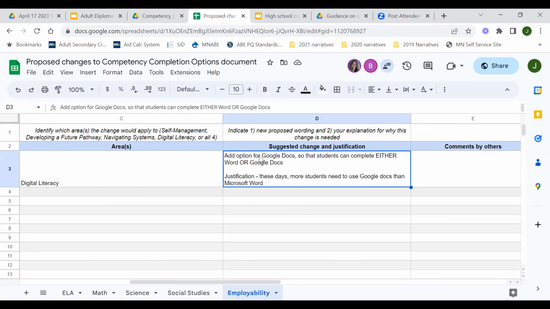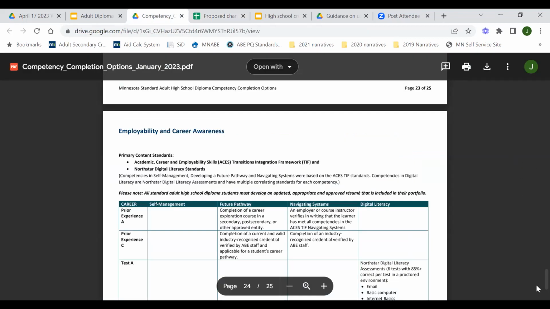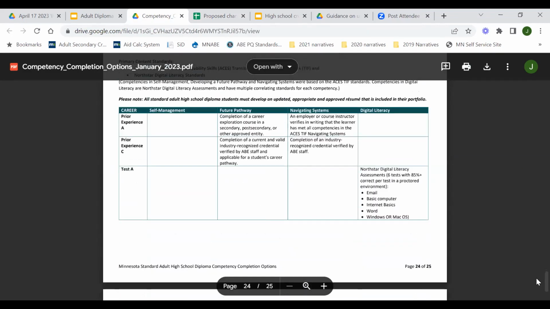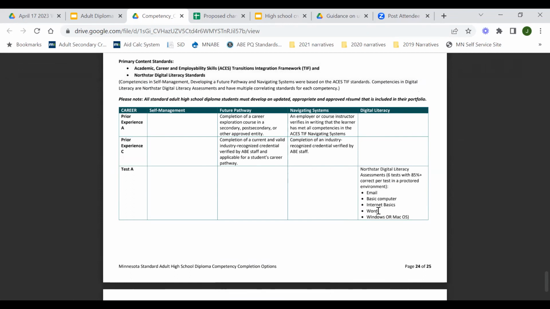This suggestion is to add an option for Google Docs so that students can complete either Word or Google Docs. Looking back here, the suggestion is to edit this option, Test A, so that the requirement for Word as a North Star assessment would be more like this one, where it would be a requirement for either Word or Google Docs, the way that this one is Windows or Mac OS.